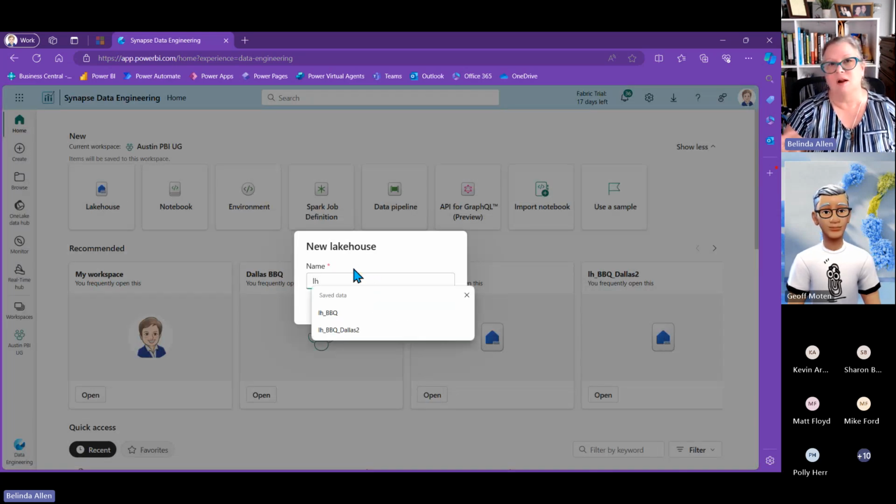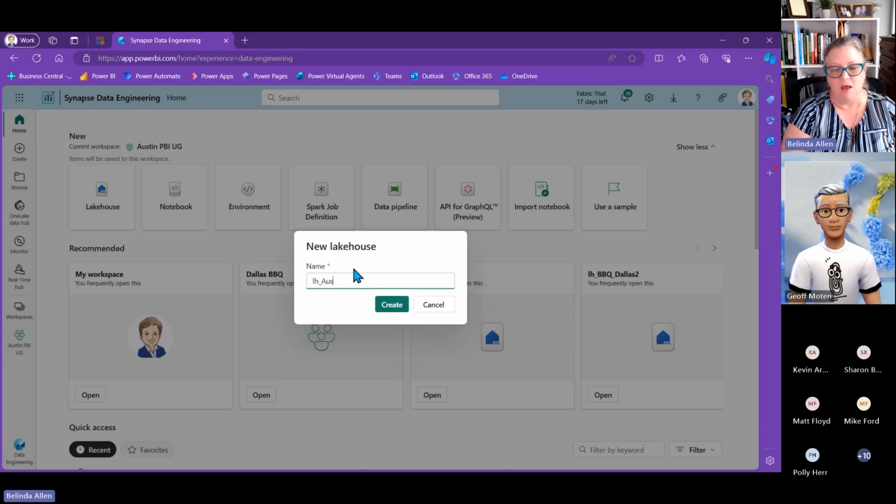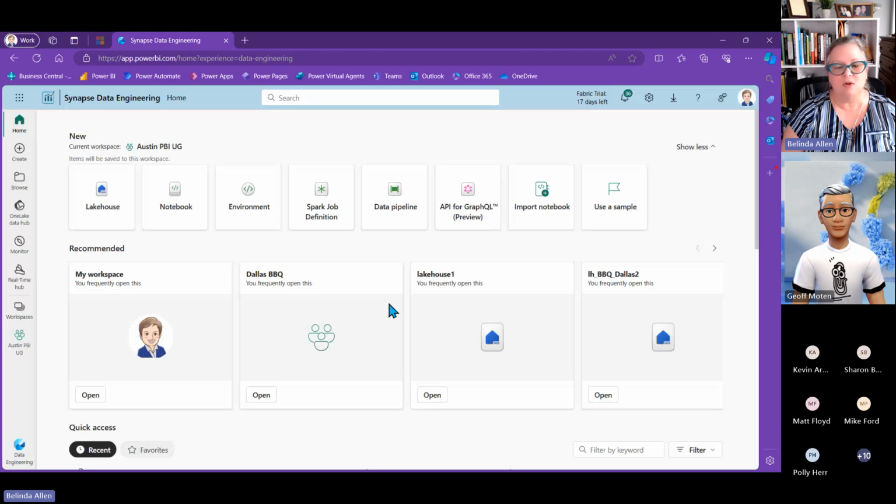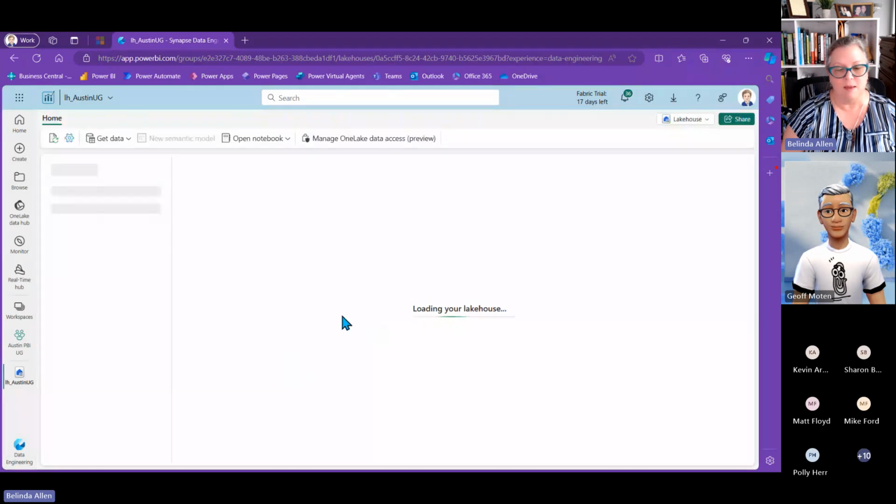Because there are a lot of different kinds of artifacts inside of Fabric, I'm going to name it LH at the beginning for lakehouse, then an underscore, and then Austin UG. Okay, that's the name of my lakehouse now. And I'll simply click on create.